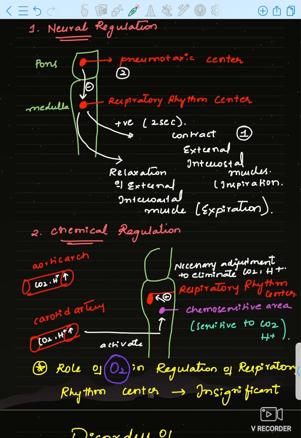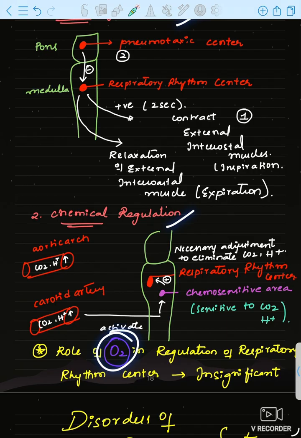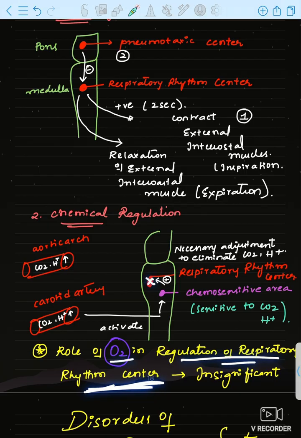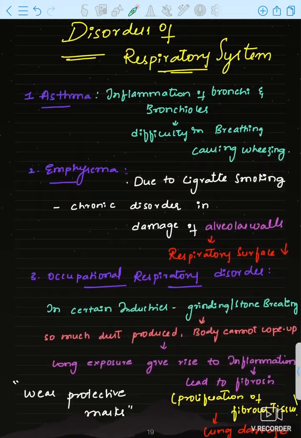In this neural regulation and chemical regulation, the O2 role is not at all there. O2 has no role in regulation of the respiratory rhythm center, it is insignificant. This is about regulation of respiration, and this is the last